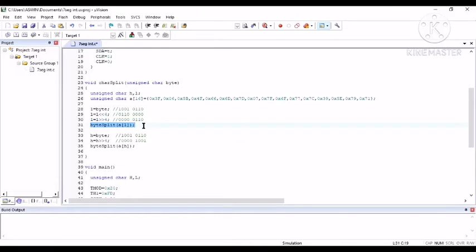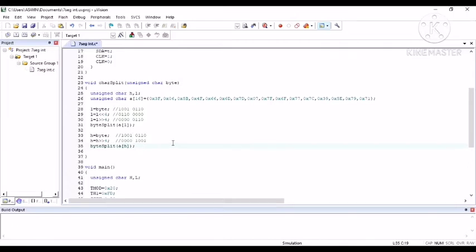Similarly, for the case of H, H is equal to byte, and H is equal to H right shift of 4, where 4 zeros are stored in the first places, and the first 4 bits are shifted to the right, into the lower nibble of the 8 bits. The similar next line is byte split of A of H, where the H value is stored into the array, and it will be displayed on the 7-segment display.